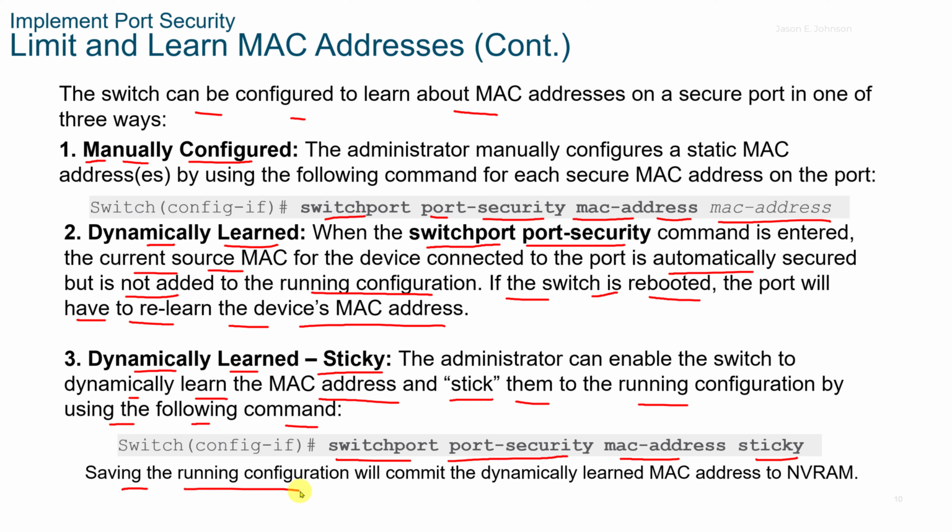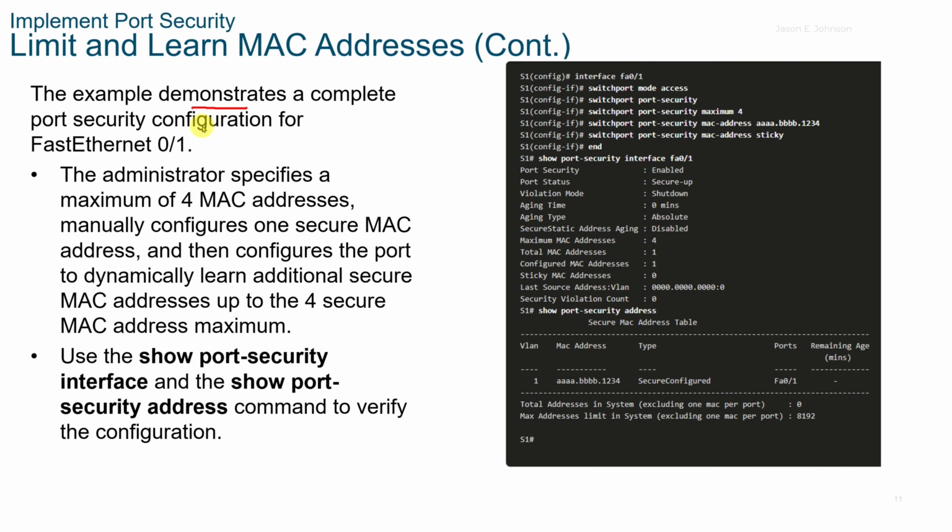And then you want to save the run config, and that will commit the dynamically learned MAC address to the NVRAM. The example on the right here demonstrates a complete port security configuration for FastEthernet 0/1. The admin specifies a maximum of 4 MAC addresses, manually configures 1 secure MAC address, and then configures the port to dynamically learn the additional secure MAC addresses up to 4. And then we use the show port-security interface and the show port-security address commands to verify the correct